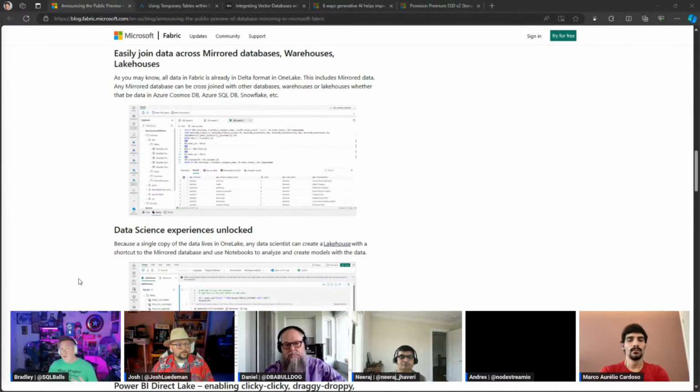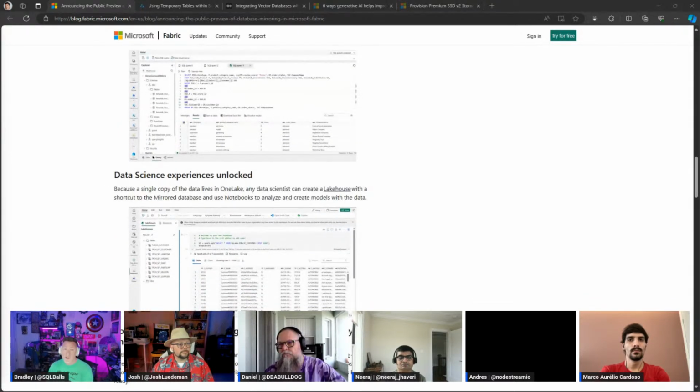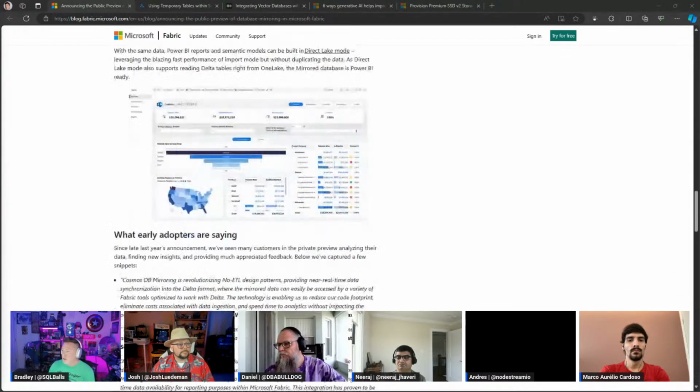All those different things you might have going into an OLTP system that we fight against, offloading, locking, and blocking, by being able to take that and put it straight into our analytics environment and report off of that data. It is real-time, and that's your medallion architecture. Charles shows how you can do the data science experience, utilizing notebooks to shortcut that data. So many wonderful things you can do with this. This is a must-read article.